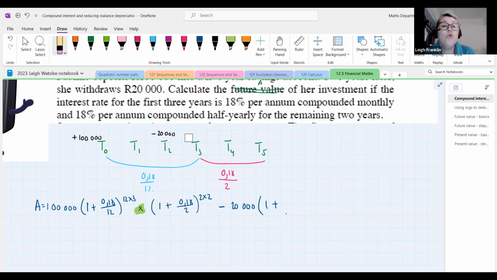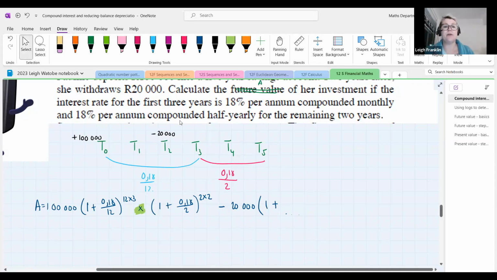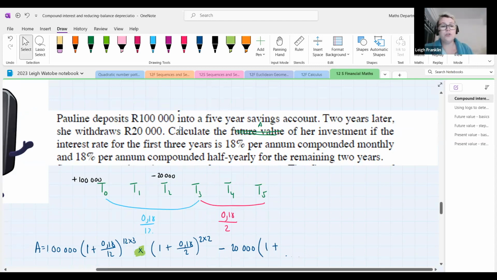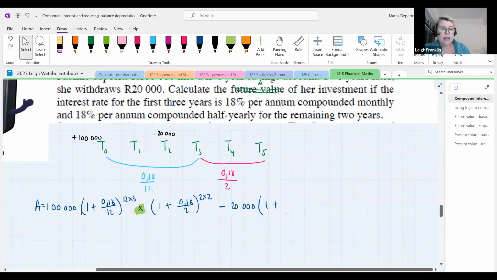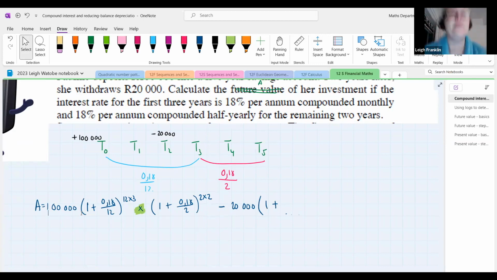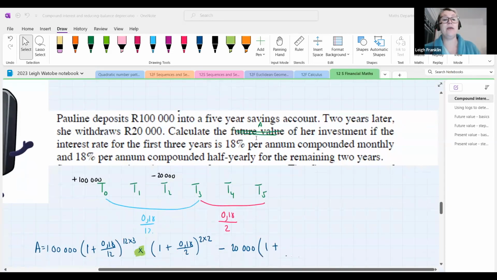Okay, so when the 20,000 Rand comes out of the account, she's not just losing the 20,000 Rand, she's also going to be losing any interest she would have earned on that money because it's not there anymore. So she can't earn interest on it. Does that make sense? Okay, so the money, the 20,000 comes out, but she also loses any interest she would have earned on the money because the money is not there anymore to earn interest. Okay. All right, so now looking at our timeline,